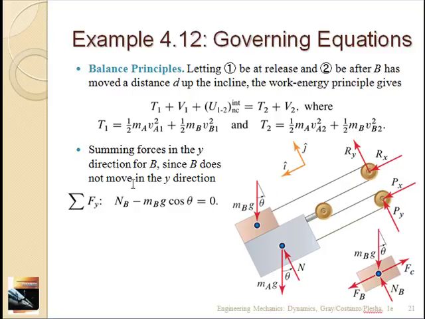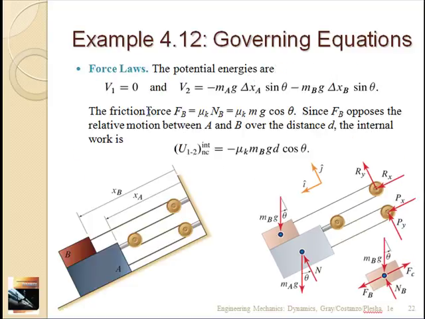And we can find what N, the normal force between B and A, is from here. It's just the perpendicular component of the gravity, since there's no motion perpendicular to that contact surface. The potential, we assume that the blocks are initially at zero potential energy, and the final potential is just the final potential energy of block A plus the final potential energy of block B. And these are just the change in heights, right? So it's the mass of each block times g times the change in height.